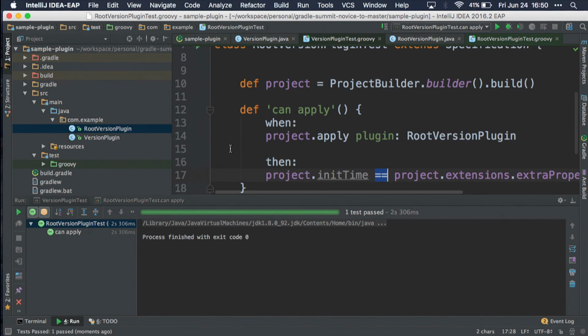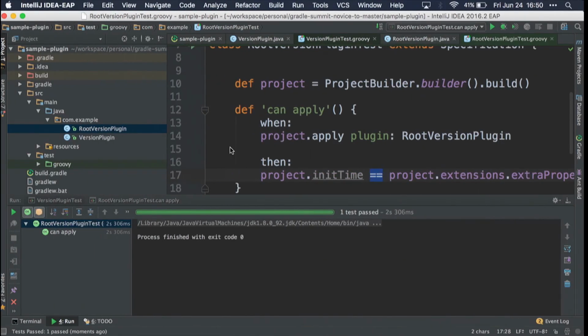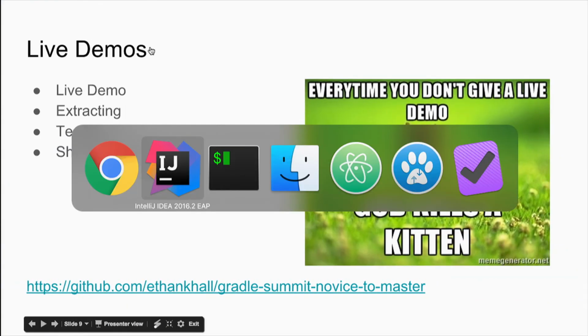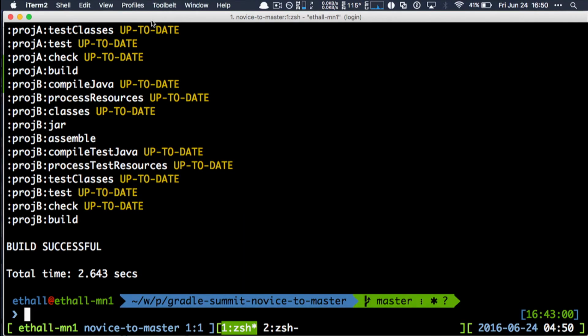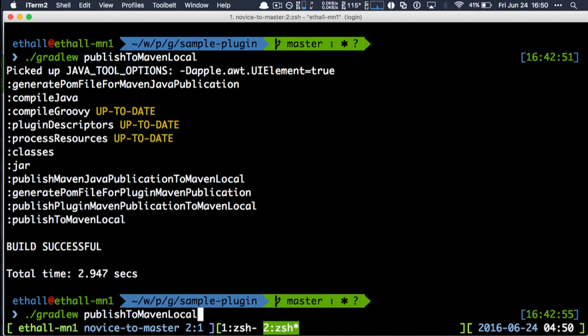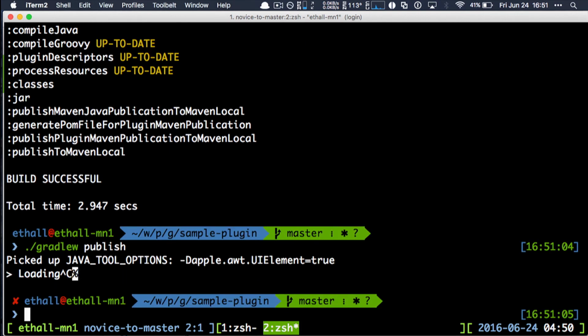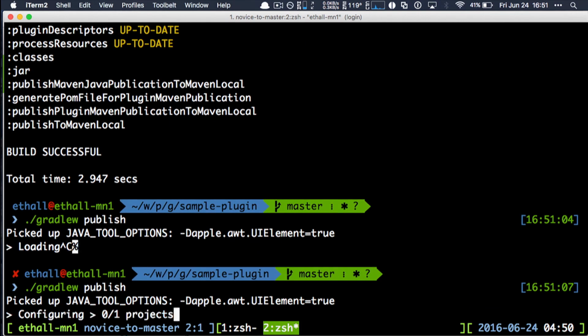So we've now taken this plugin, we've written a test for it, and we validated that it works right. We can now publish it to Artifactory. As it turns out, before I started the demo, I started an Artifactory instance. It's happily serving 0 artifacts. Yay. So if I go to my plugin, instead of publishing to Maven local, I've already configured it in the script that's provided to publish to this location. So we're just going to do publish. And that is right. I thought I spelled it wrong.